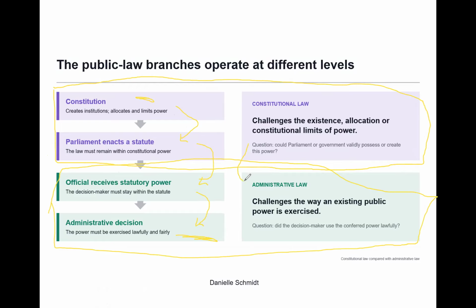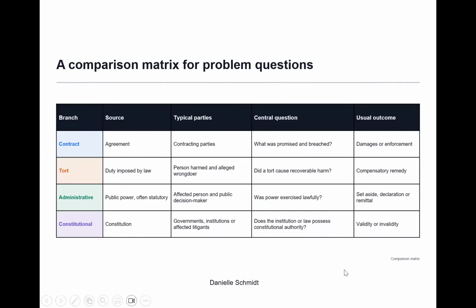And at this point, we swap from constitutional law to administrative law, which can be a little bit tricky to get your head around. And here's a comparison matrix for problem questions that you might find useful. So it's a brief summary. We've got the branch, we've got the source, typical parties, the central question you might be looking for, and the